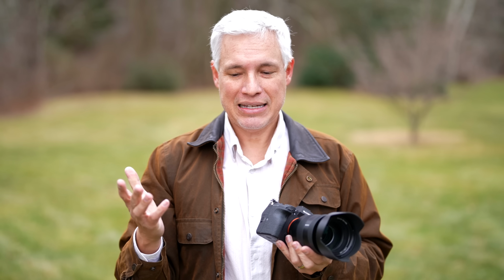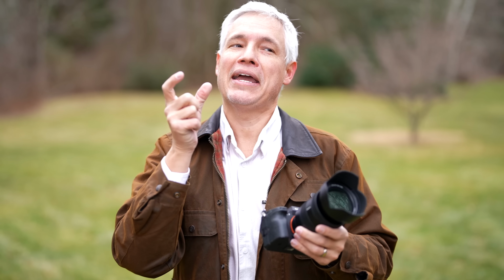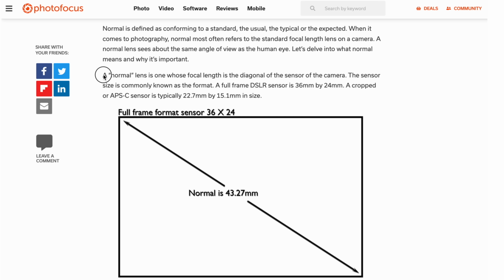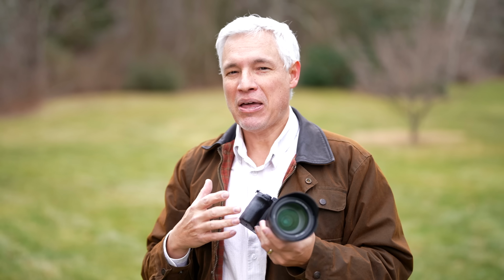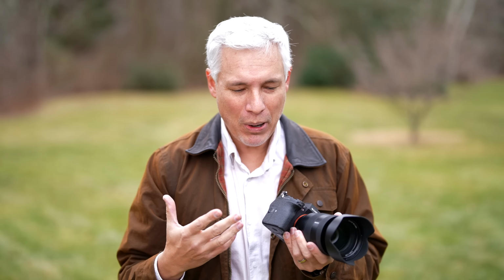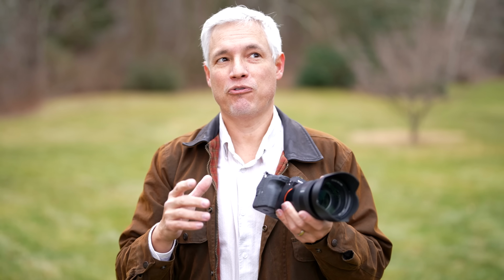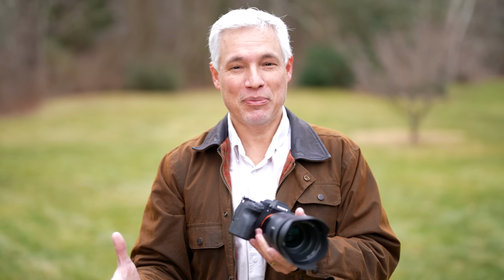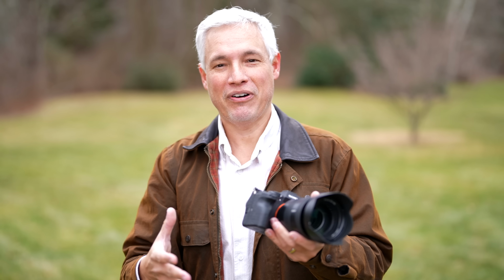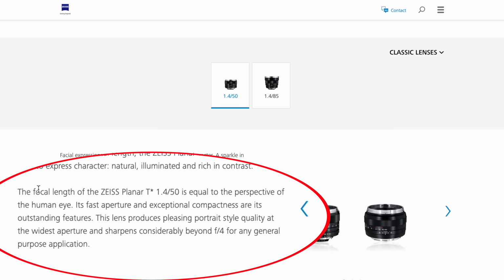Another take on this is that normal is when the focal length of the lens matches the diagonal measurement of the film plane or the digital sensor. And that makes some sense. It feels mathematically accurate. But the thing is, for 35 millimeter film or full frame cameras, that diagonal measurement is actually 43 millimeters, not 50 millimeters. And 43 millimeters does not round to 50 millimeters. It would round to 40 or 45 millimeters, but definitely not 50 millimeters. And everybody seems to agree that it's 50 millimeters that is normal for full frame cameras.